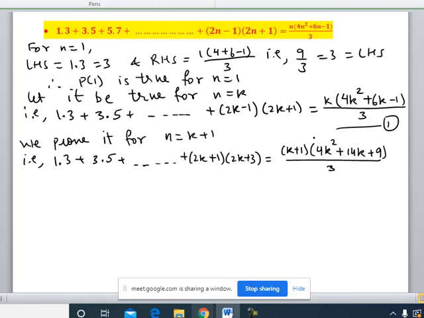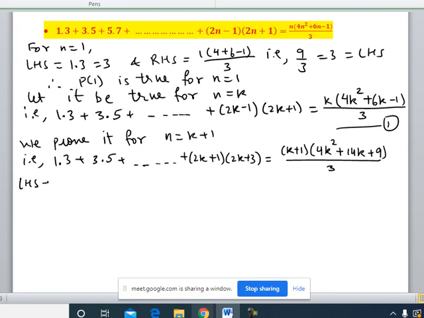In the same manner, on the right side, if I replace n by k plus 1, this I have already simplified. You can replace this n by k plus 1, you will get 4 into (k plus 1) whole square, so you will have to expand the entire term. Then 6 into (k plus 1). On simplifying this part, it is reducing to this. So we need to show the sum of all these terms is equal to this. So we are beginning with the left hand side now.